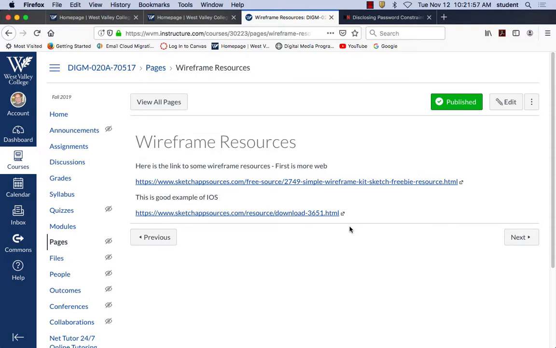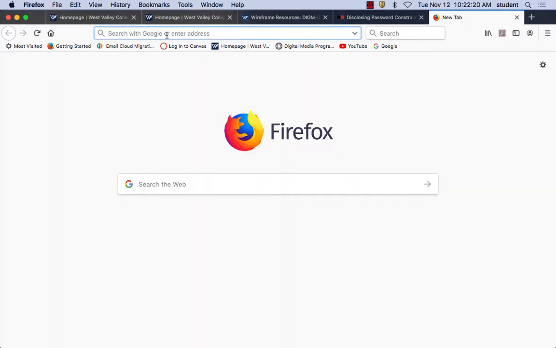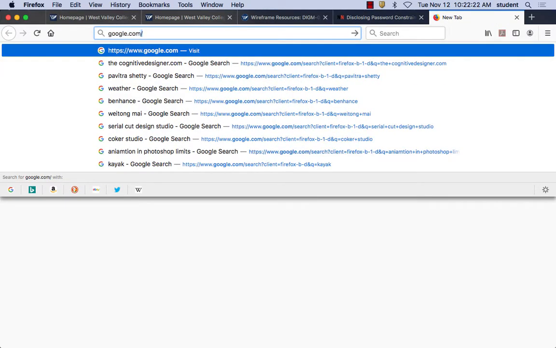Okay, so there's a lot of free resources out there for Sketch or Apple, or even for Photoshop and Illustrator. If you're going to use Photoshop and Illustrator for a template or a wireframe, you can just go and search. Just go to Google and type in,